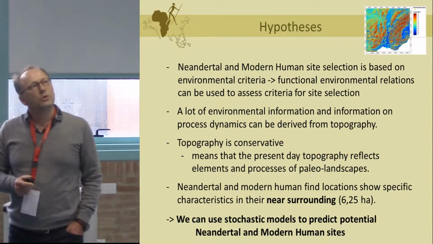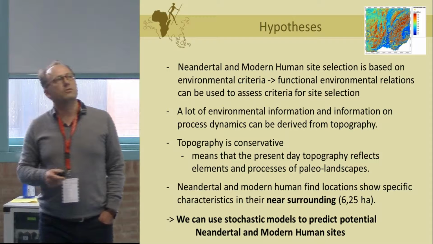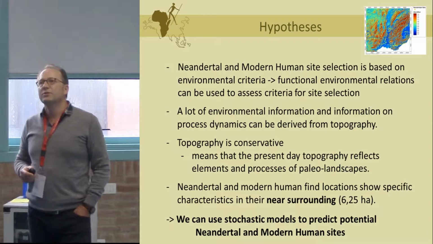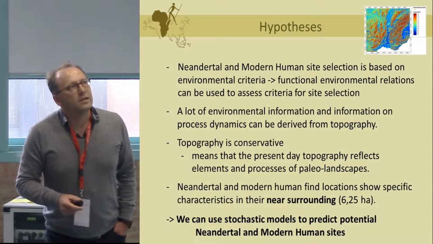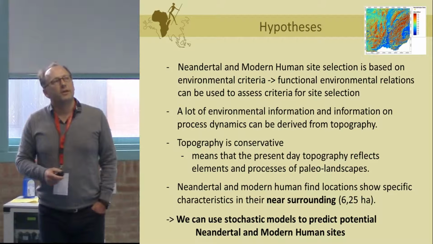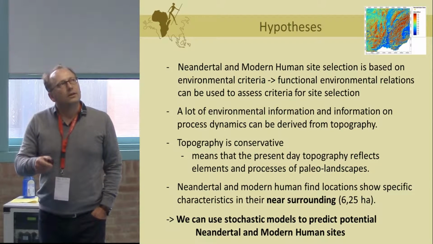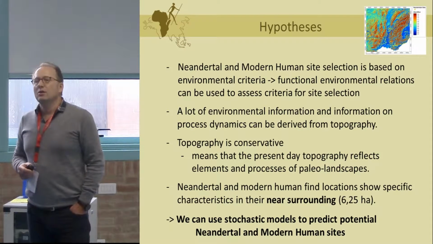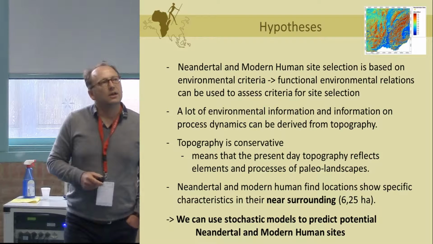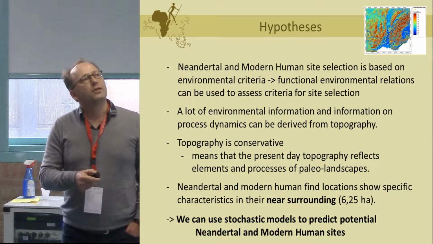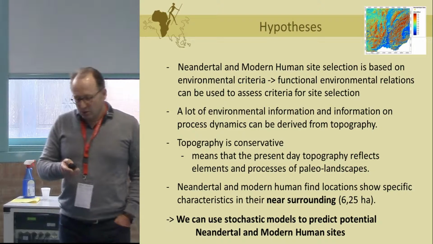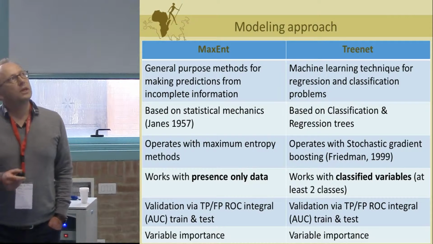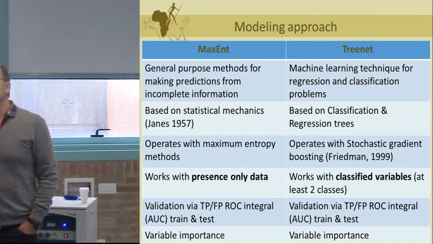Neanderthal and modern human find locations show specific characteristics in their near surrounding. So that is also the hypothesis. In this case, we have a spatial resolution of our analysis of about 6.25 hectares. Taking into account these hypotheses, we can use stochastic approaches to predict the potential site selection criteria of Neanderthals and modern humans. So the modeling approach we used, I already said at the beginning, it's Maxent, so maximum entropy method,